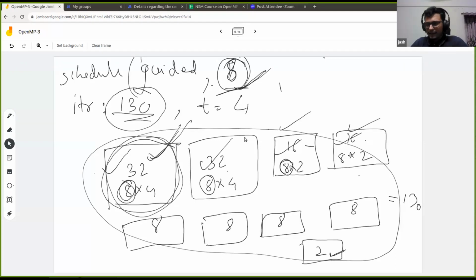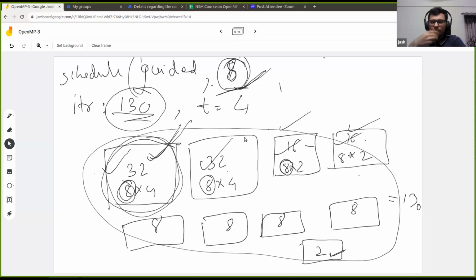By the way, for guided, I don't have a very good example. I have an example, but when you see it, you won't get a sense of why guided is used. In a way, all three scheduling types are static, right? They are not very dynamic. Just now we have seen the dynamic also led to some scheduling where it was not proper, the last example you have seen.